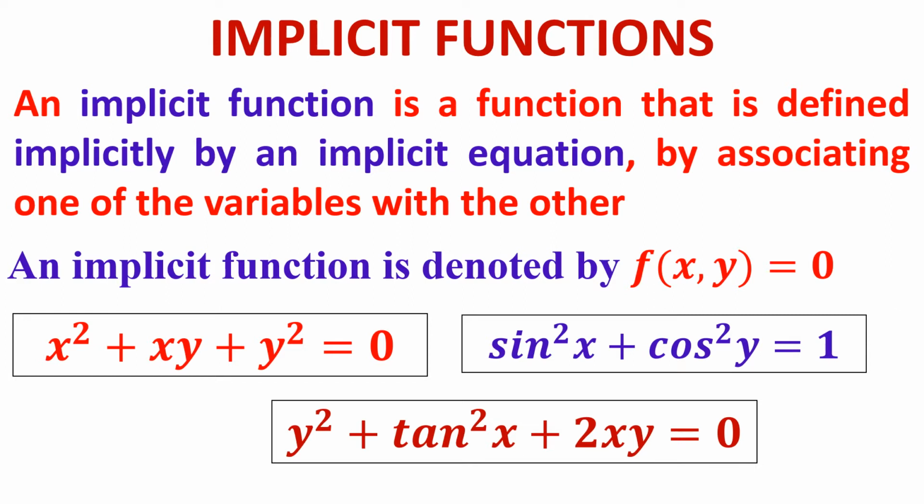Very simple. If it is y is equal to a function of x directly, it is called an explicit function. Suppose it is given as an equation involving x and y. You can remember it as an equation involving two variables x and y. But this y is a dependent variable and x is an independent variable. As we are closely treating it as a function, y is a function of x. Now let us try to learn how to find dy by dx for this implicit function.